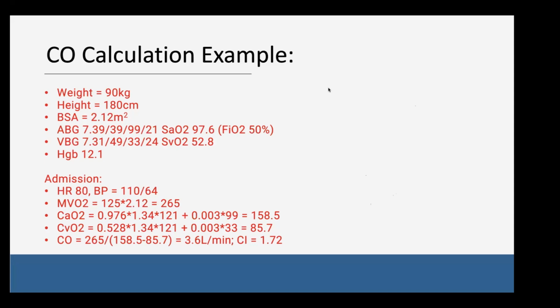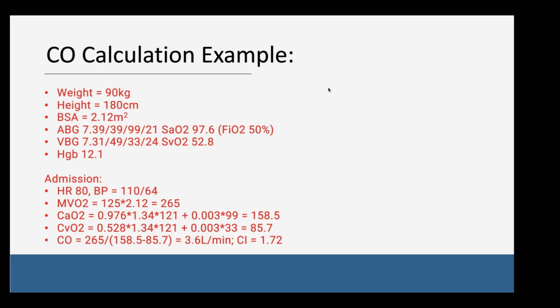Esther, first of all, thank you for sharing and thank you for volunteering. I know it's always difficult on Zoom. So I did kind of lead you down this way, right? We have an epinephrine of 0.03 mics per kilo per minute. He's a fresh post-op. If we drop the FiO2, maybe we'll even decrease the oxygen content even more in the blood. And based on these calculations, our cardiac output is only 3.6 liters per minute, and a cardiac index of 1.72 is not enough.